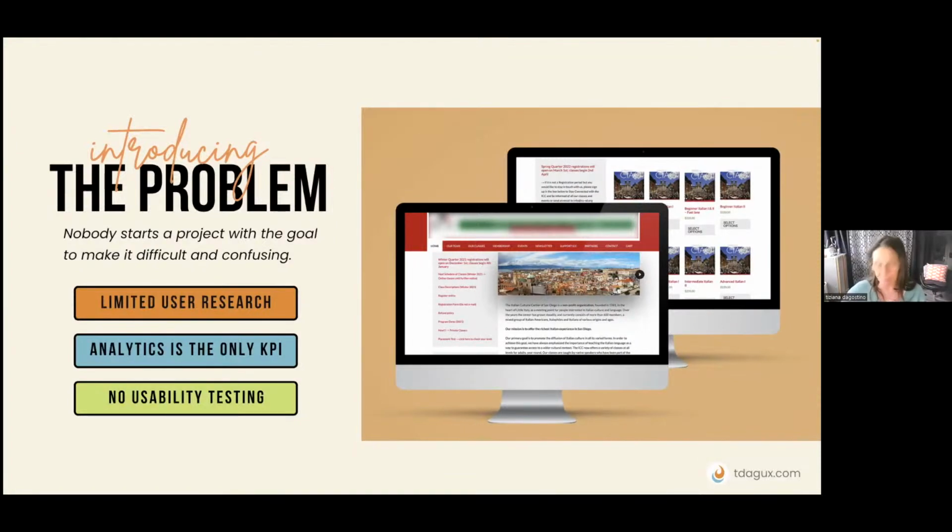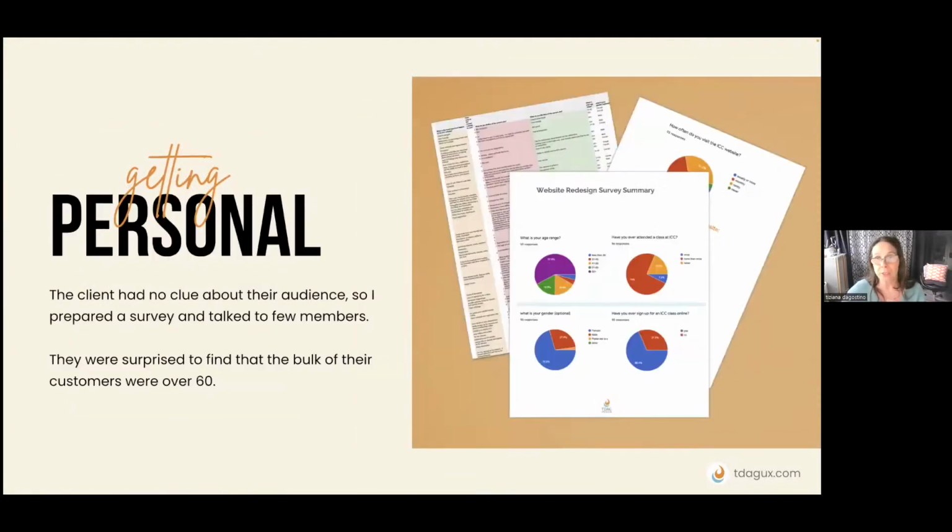They never really went through it. So that was the first thing we did. I started out with a survey and started asking, first of all, some basic demographic questions. What's your age range? Have you ever attended a class? What's your gender? Those kinds of information that you would think are basic, but the client did not have it